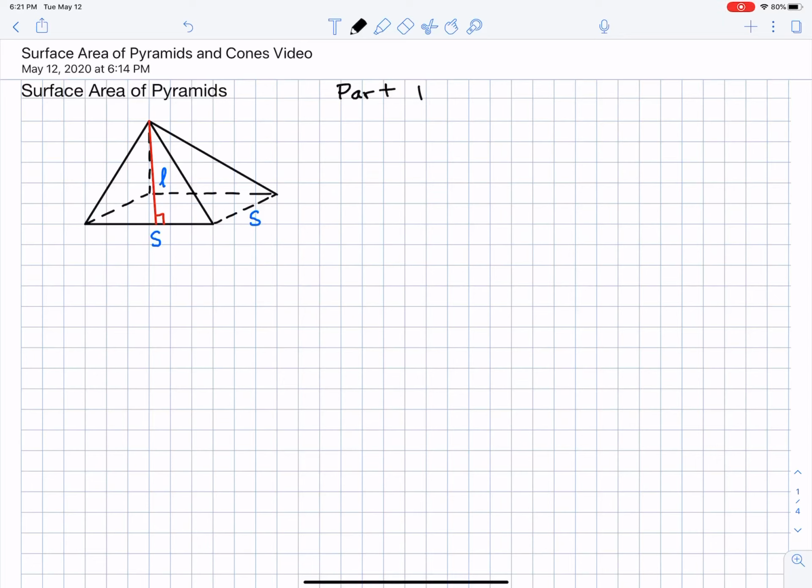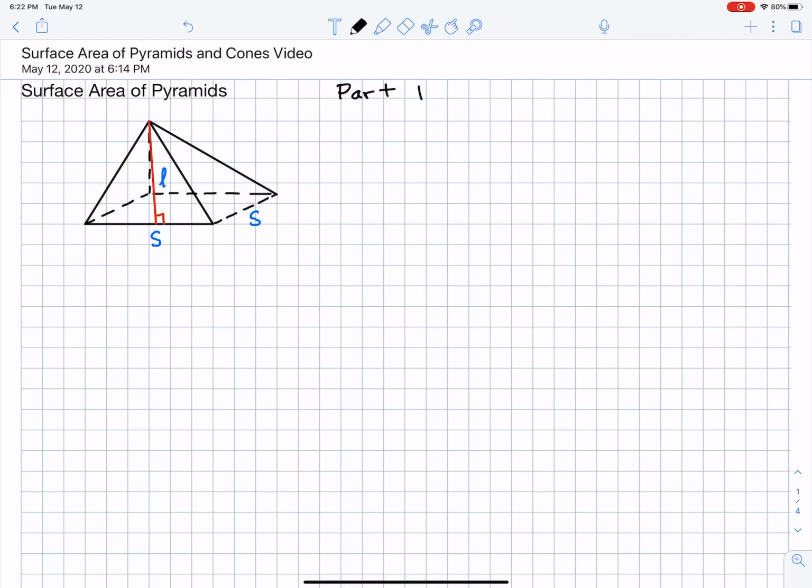Okay, so this next lesson is going to be broken up into three parts, just like the previous lesson. The objective of this lesson is to look for the surface area of pyramids and cones. In this lesson, part one, we're going to be looking at the surface area of a pyramid, specifically a regular pyramid. I want to remind you, when we say something is a regular pyramid, that means